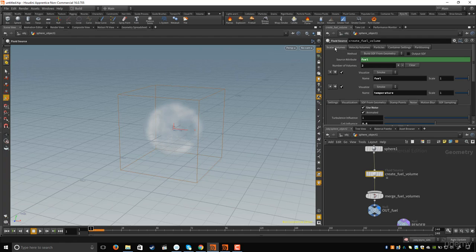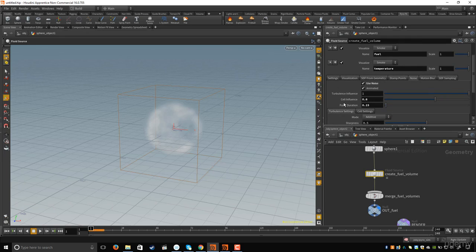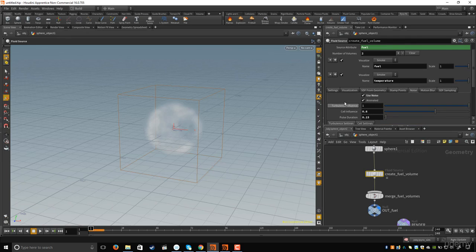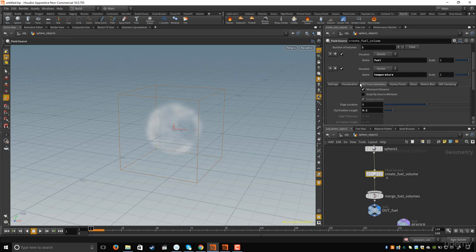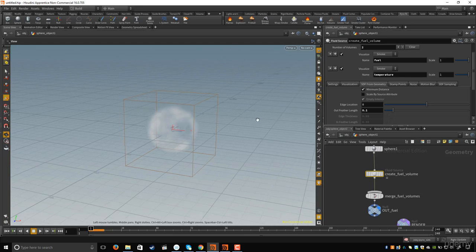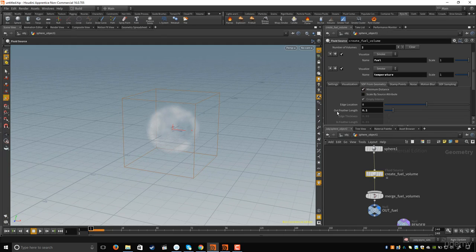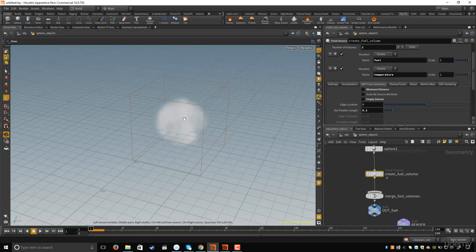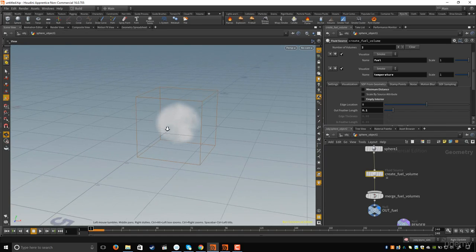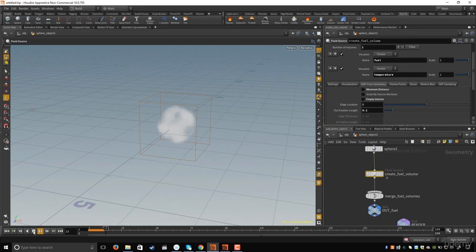And then let's see if I go to scalar. Okay, so in this tab, guys, which is the SDF from geometry, if you click on minimum distance, you see here we have empty interior. So if I check that off, now the volume will be filled, the sphere will be filled with the volume. So this will make the explosion